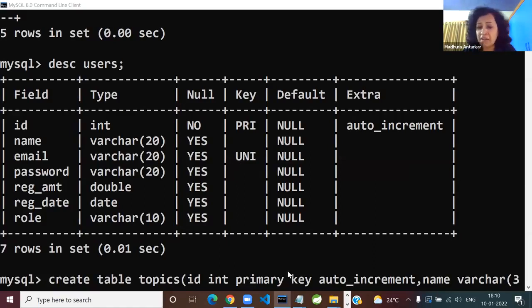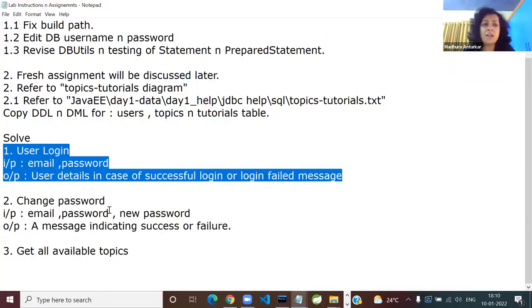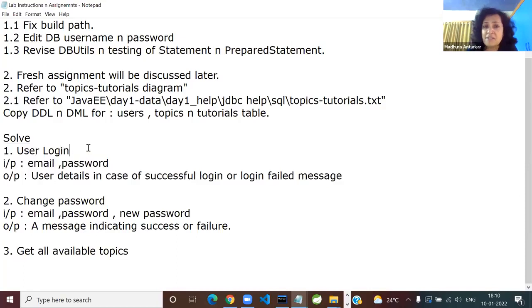So now start writing the tester. You can create simple testers. I'm not asking you to create one big application which has switch casing, case 1 login, case 2 change password, case 3. Don't bother. This is only for today. Tomorrow, finally, we are going to integrate it in a web application. So keep the tester easy. In simple English, I'm happy with the first tester as test user login.